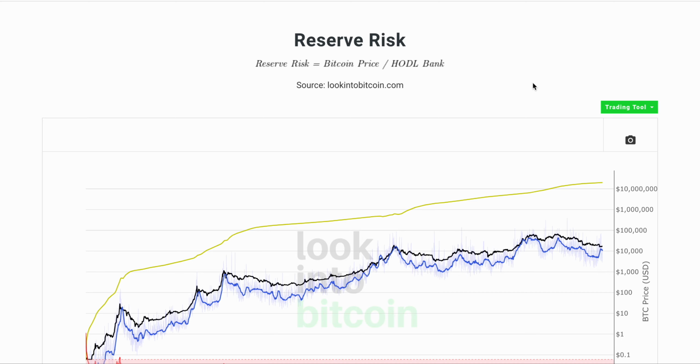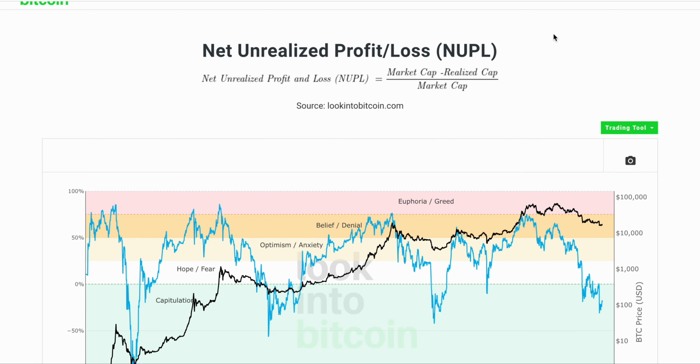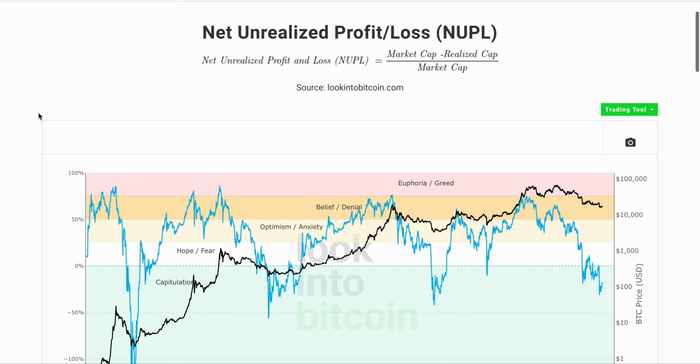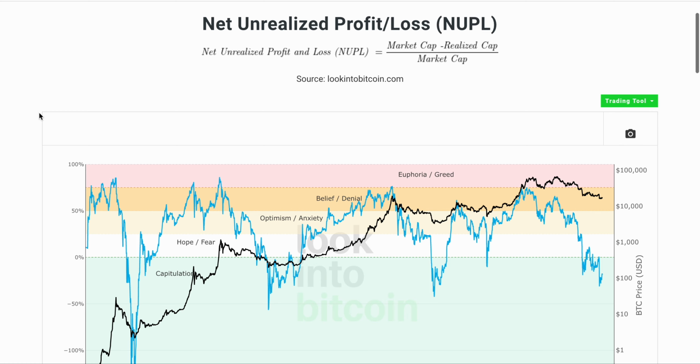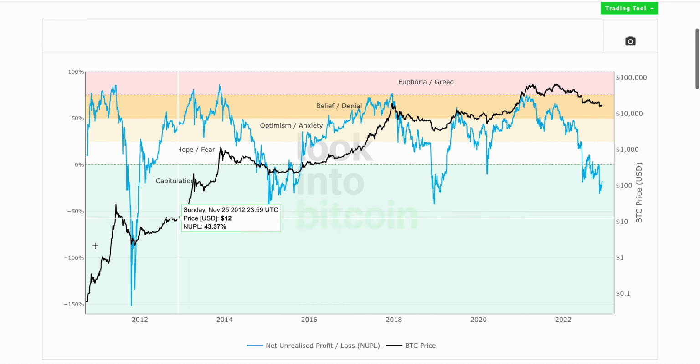You've got the reserve risk, that's one component. Then you've got the Pi Cycle Top indicator. And then you've got the unrealized profit and loss indicator. This is one that's getting a lot of headlines lately, especially with Glassnode, because lately we've got lots of investors losing money. So we're at a point where we're at the bottom. We haven't been this low basically since 2015 bottom and